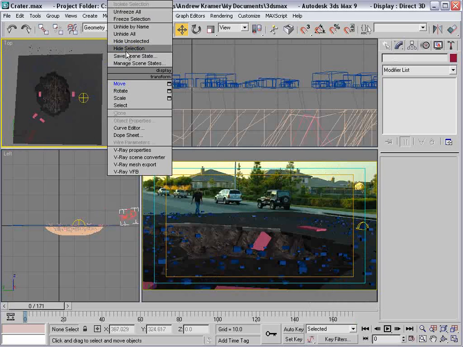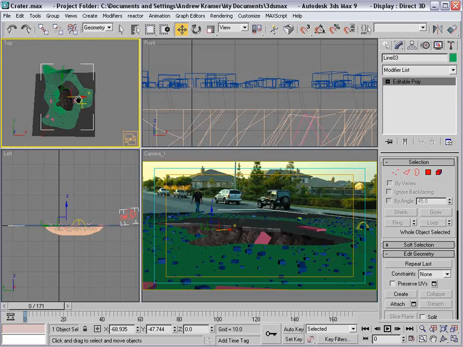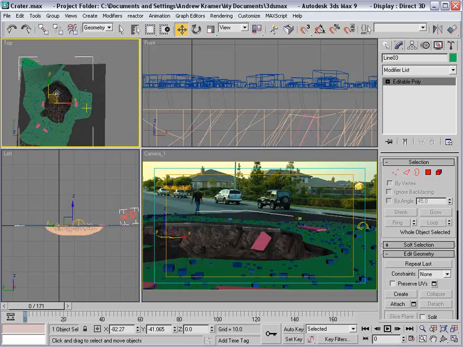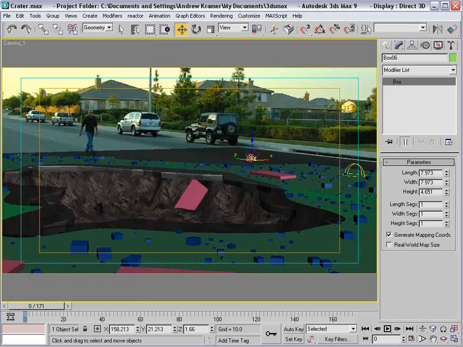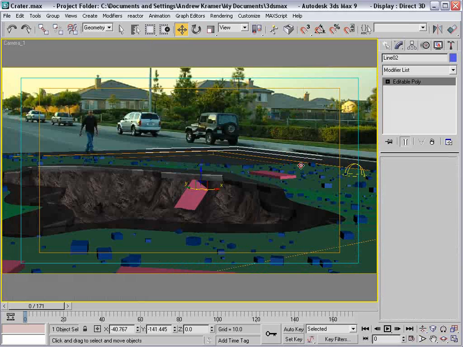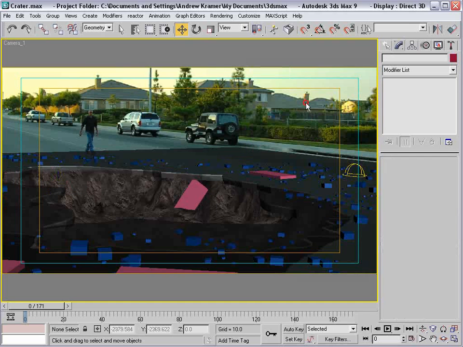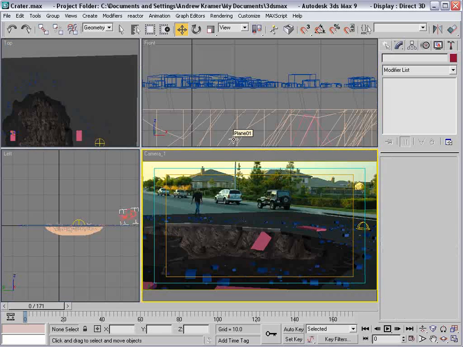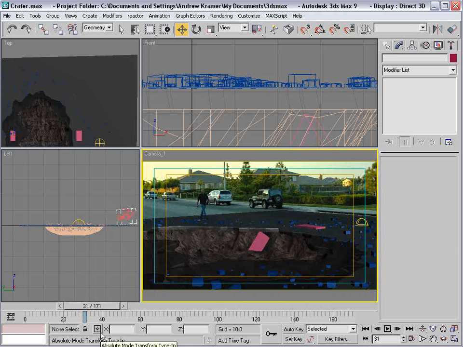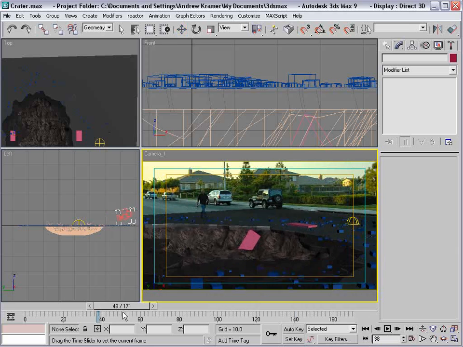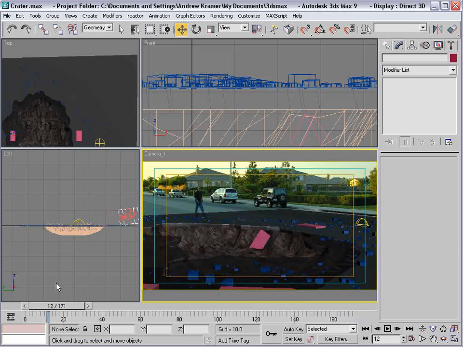Also, if I unhide all, I can grab that green object and also move it over, which will move our particles over. We'll go ahead and hide that green object, and we'll hide the green object also. Now, obviously, you want to render out something other than boxes. It looks like maybe a truck full of huge Legos crashed and spilled them all over the